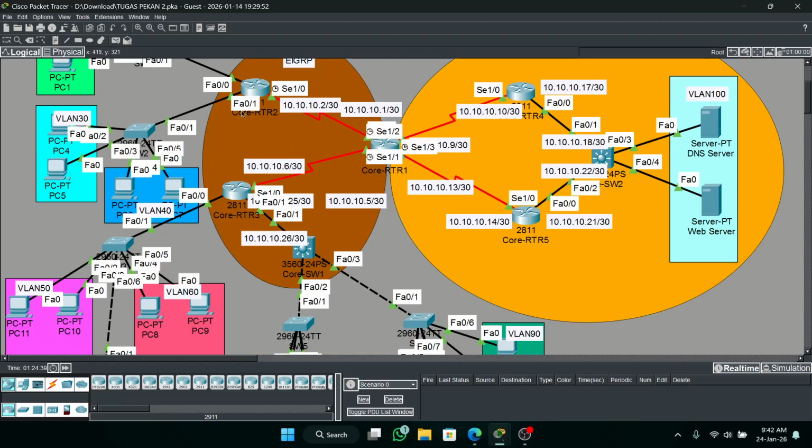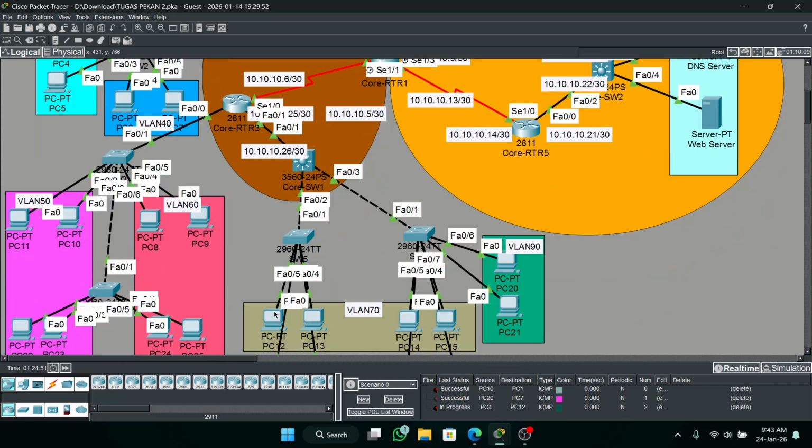Make sure pinging is successful. Okay, good. Every VLAN can ping all of us. Okay.